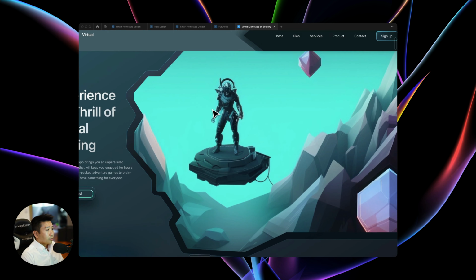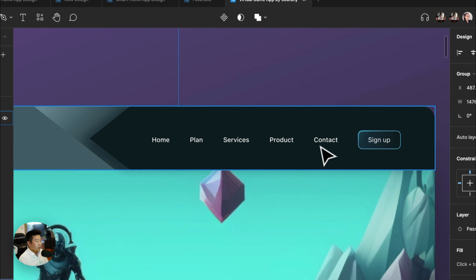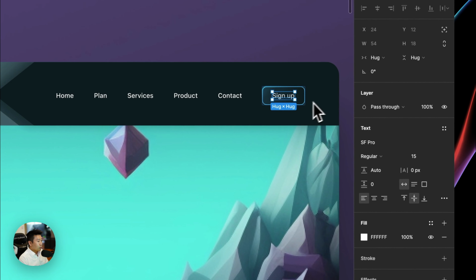So first of all, the menu, right? The menu is okay. Typically when it comes to a menu, you want to make it maybe a little bit bolder because it's interactive. When something is a bit bolder, typically it's more interactive. So you want to make the text either medium, semi-bold, or sometimes bold,